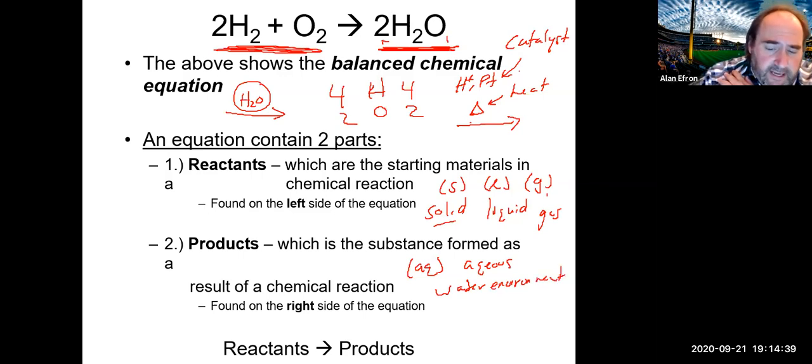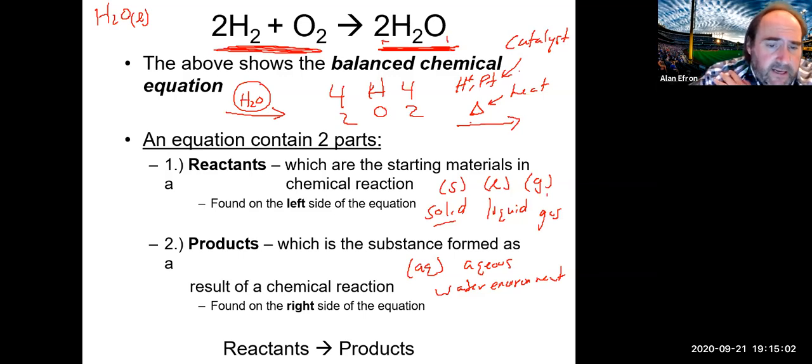And usually that is what's usually considered a solution. So sometimes people are curious what the difference is between AQ and L. And the difference is L is a pure liquid. So for example, if I just took water by itself, that usually will get the L symbol next to it as it's a pure liquid, nothing in it,